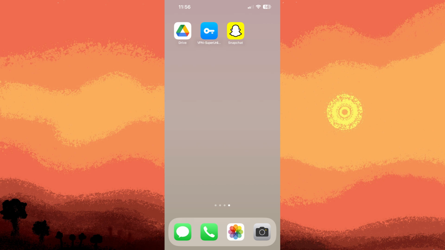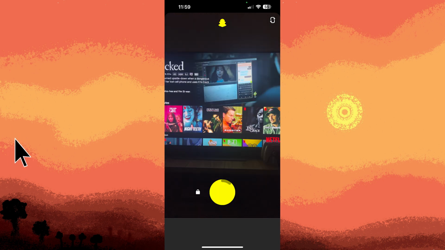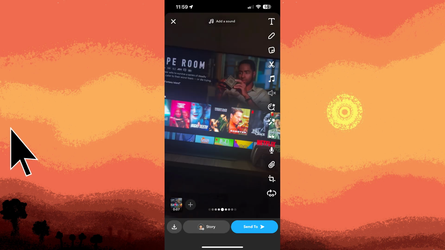Firstly, tap on the Snapchat app on your iPhone's home screen to open it. Tap on the capture button, the circle icon at the bottom center, to take a photo, or hold it down to record the video. After capturing a snap, photo or video, swipe right on the screen to access different creative